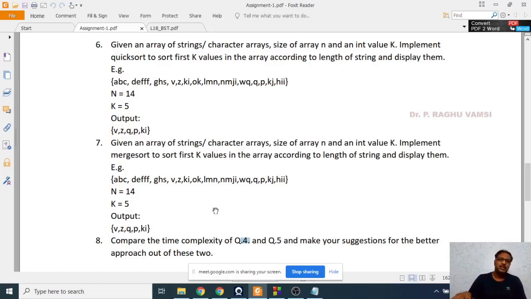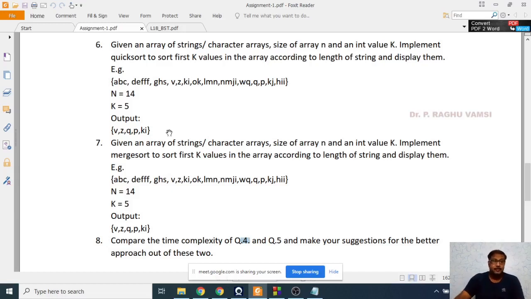Irrespective of whatever is the way of doing the sorting, whether on the strings or on the elements or with respect to the length of the string, the time complexity of quicksort and merge sort in the best case is order of n log n.